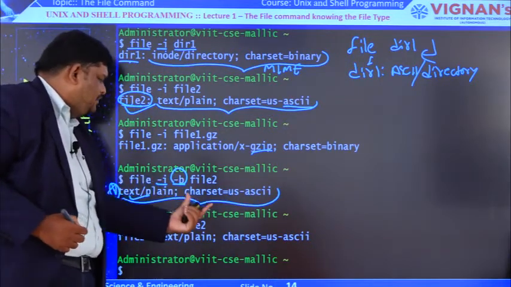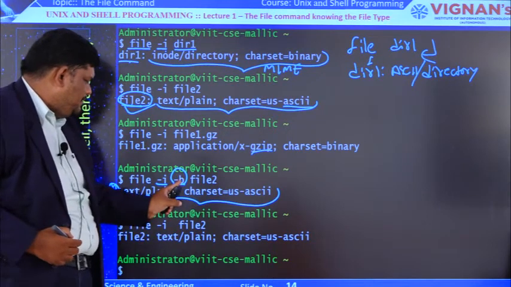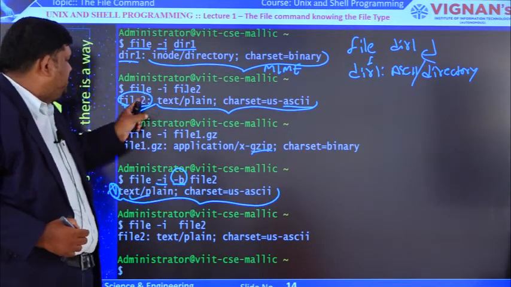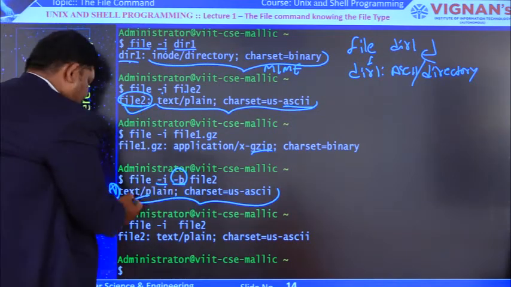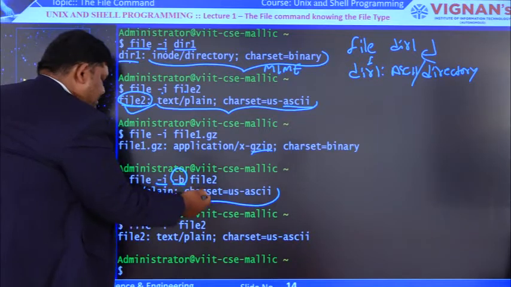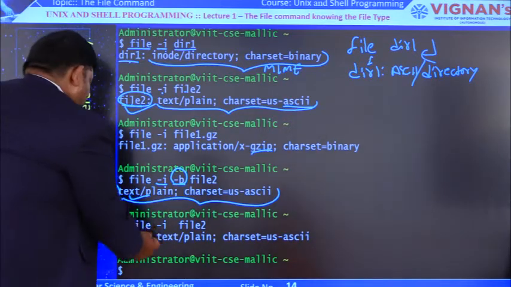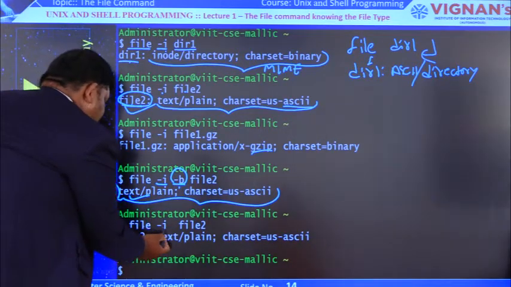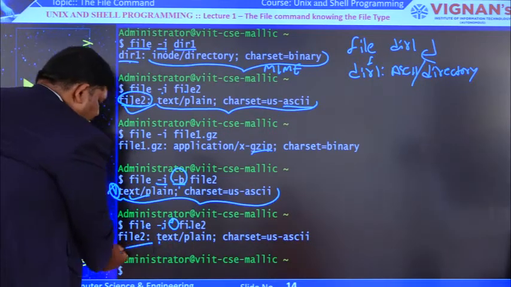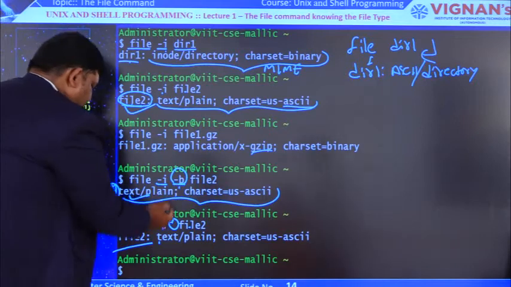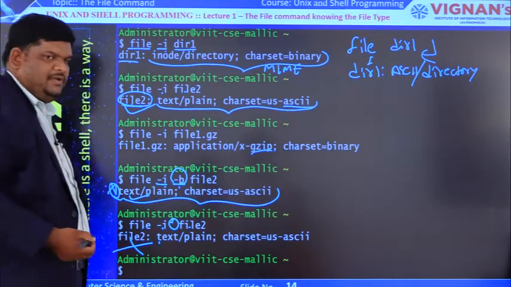If you want the MIME format straight away, we have to give the option B. Now, along with the file name, if you want it, you give just the option I. So with the help of option B, we can get the MIME format directly. Compare here, file space option I, file 2. Here no option B is there, that's why the file name will exist. If option B is there, the output will come without the file name.